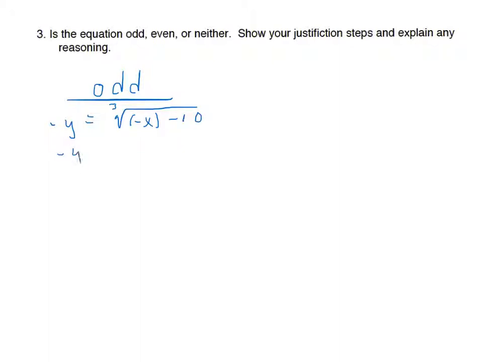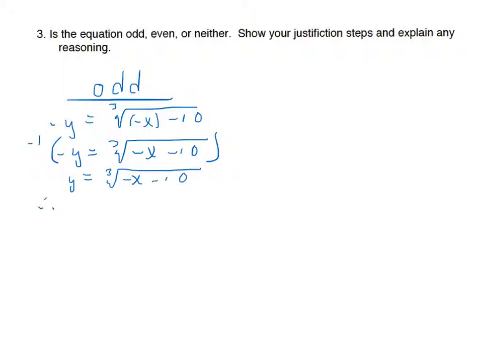That gives me negative y equals the cube root of negative x minus 10. We're going to multiply both sides by negative 1, giving us y equals the cube root of negative x minus 10. And then we say, therefore, it changed,